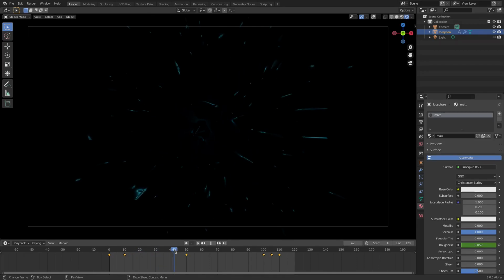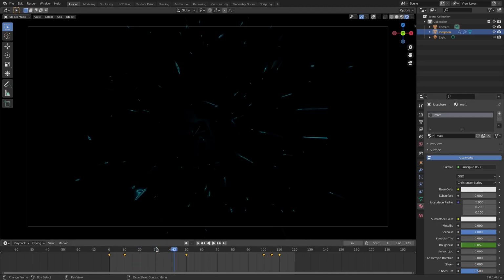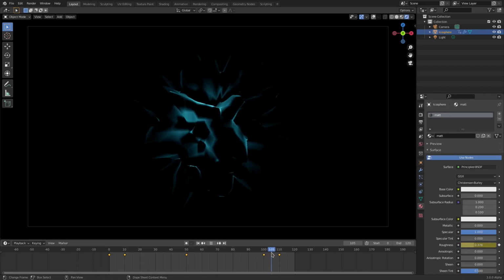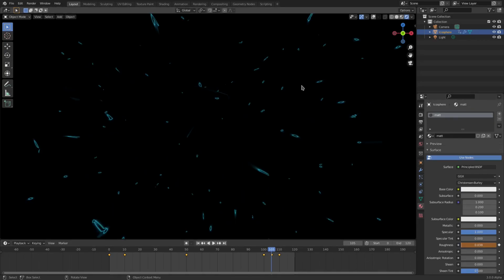Now I think what I want to do is maybe have it so that it doesn't do that right on frame 50. So maybe we'll pull it up to there, and then on frame 105 we'll pull it all the way down to this level, and we'll have these weird little dot things.